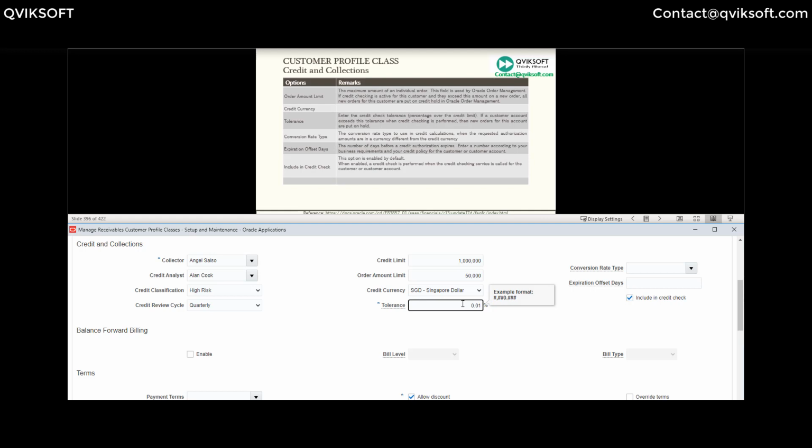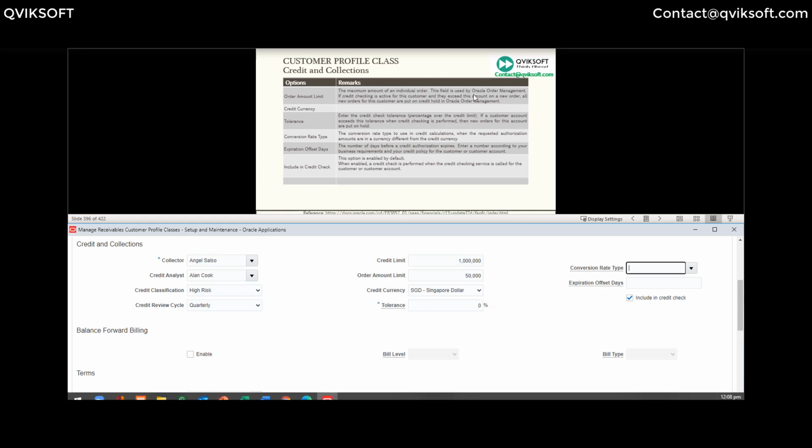Ideally an amount could have been very handy, because if I just want to say this is my maximum limit, you can exceed 1000 more than this. Then I put 0.001, which for a credit limit is reasonable if you want to control. So you have to play with the decimal and calculation with the credit limit to see what tolerance you want to give. In this example I'm not giving any tolerance.